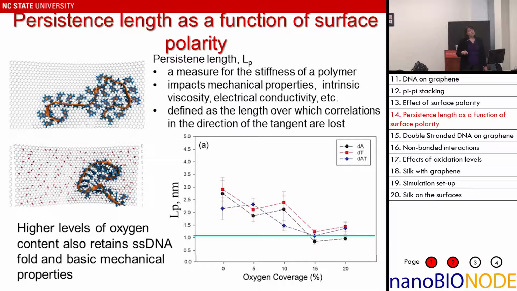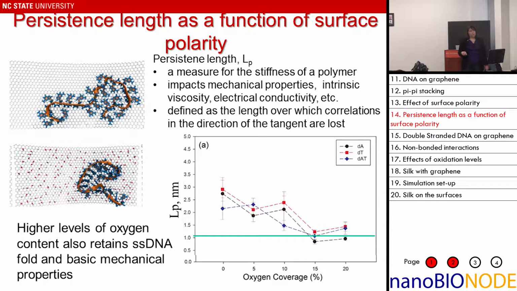And this is actually different sequences, so we were looking specifically at polythymine in this case. What we see is it generally decreases linearly as you increase the oxidation coverage. You see the linear decrease in the persistence length until it approaches approximately the persistence length of the original